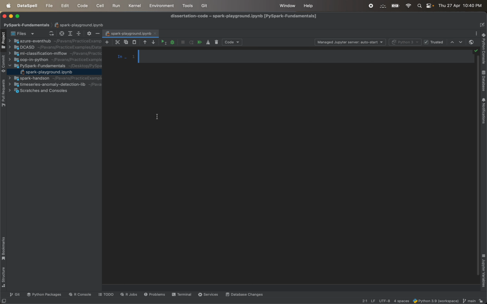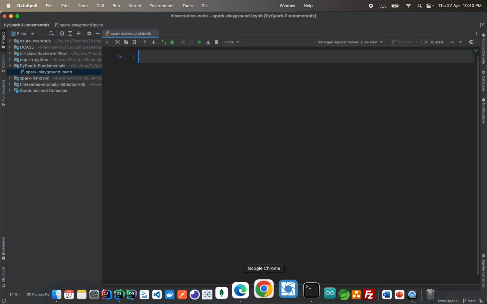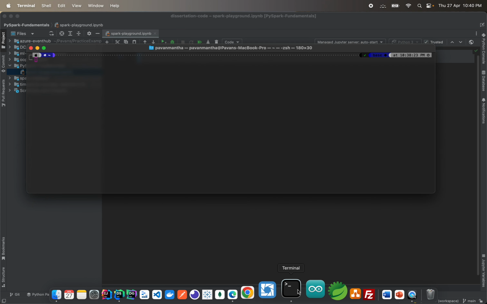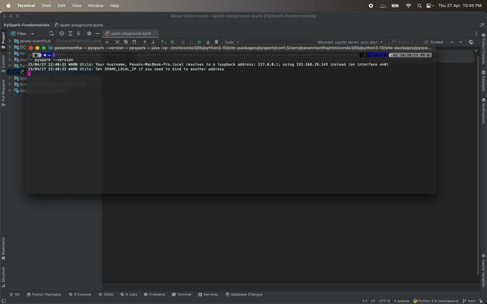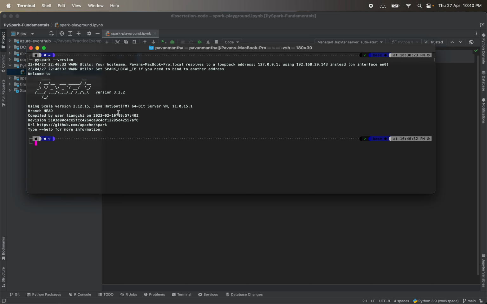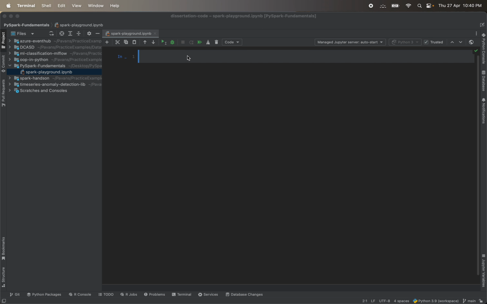Before we move on, let me show which version of Spark has been installed here. So I say pyspark --version. My version of PySpark should be greater than or equal to 3. Yeah, it's 3.3.2. The reason why I showed you the version of PySpark that is installed on my machine is that there is a small difference